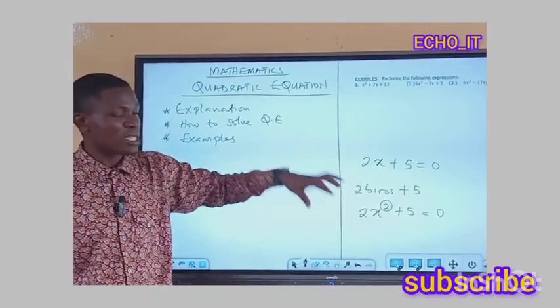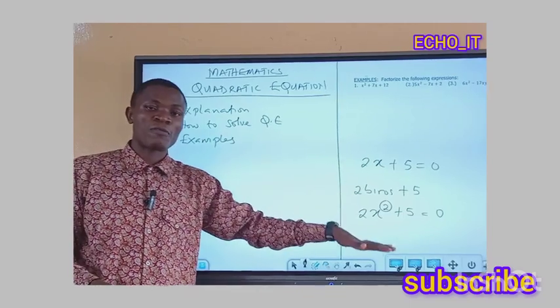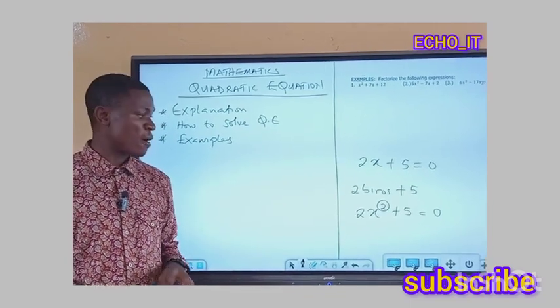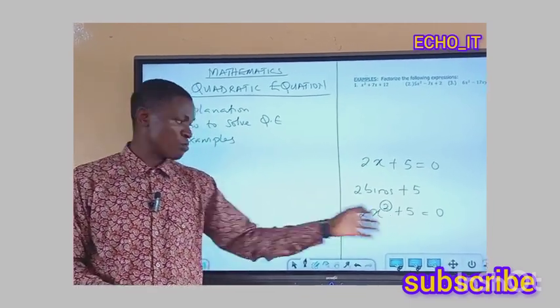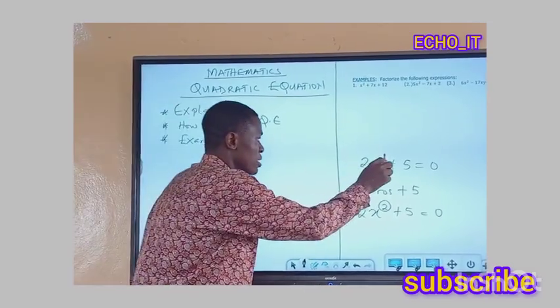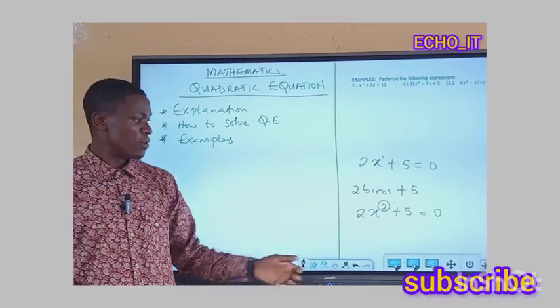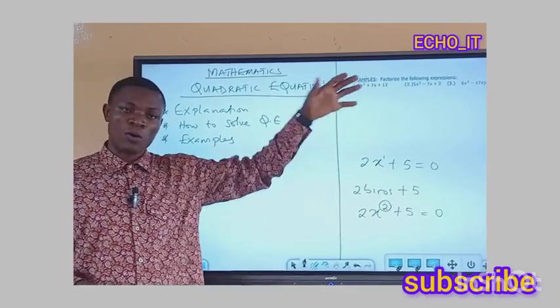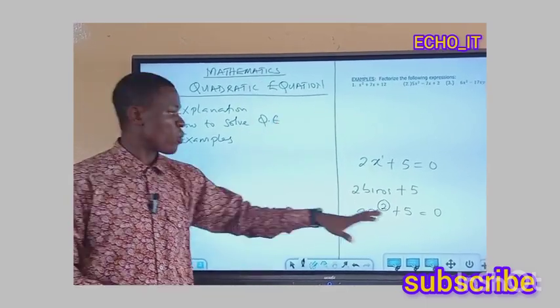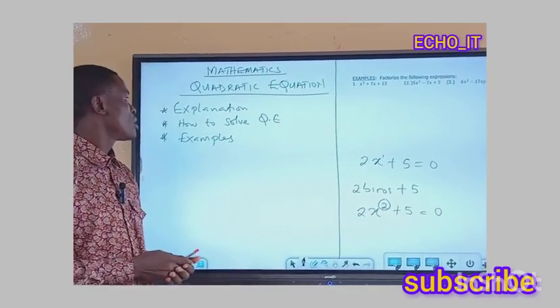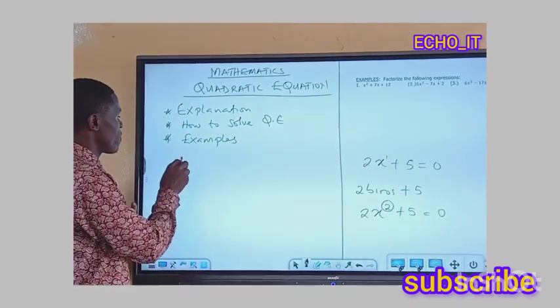The degree of x is what determines what type of expression or equation we have. Here we have the degree of x to be 2, quadratic. If the degree of x is 1, we call it linear. If it is 3, cubic, then quartic, quintic, and so on and so forth. But we are going to focus on quadratic equation. So the standard form